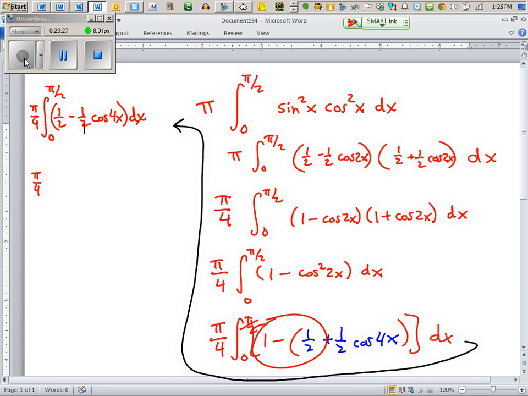So we have pi over 4. The first term integrates to 1/2 x. The next integrates to 1/8 sine 4x. Lower limit, upper limit, plug them in. Finally. So we have pi over 4, and then our first term is 1/2 of pi over 2, so that's also pi over 4, minus,